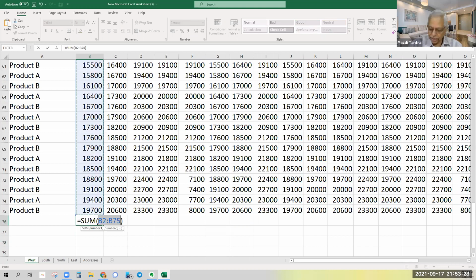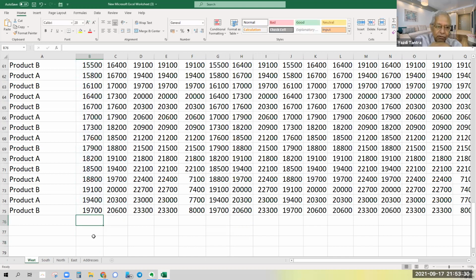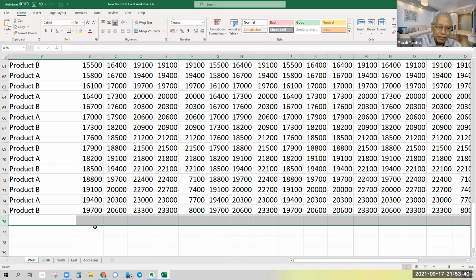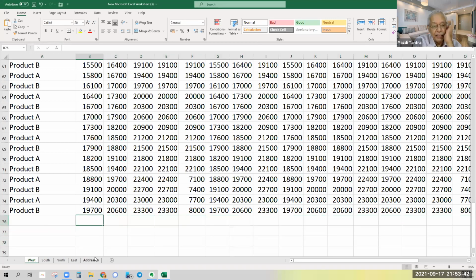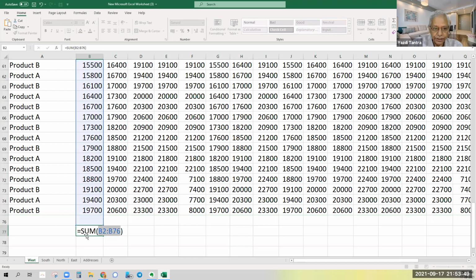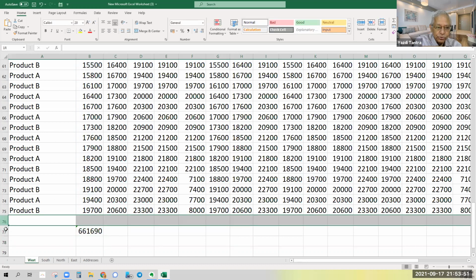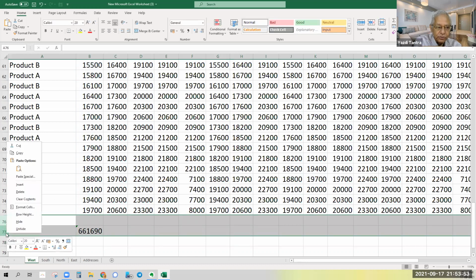Always understand why you should always leave a space. When you insert, automatically this formula will change. Suppose you want to insert 2 or 3 rows here. The formula will automatically change. If you don't have that space, then the formula will not change. So it's always a good practice to have Alt equal to here. Now, if you insert a few rows here, then automatically the formula will change.